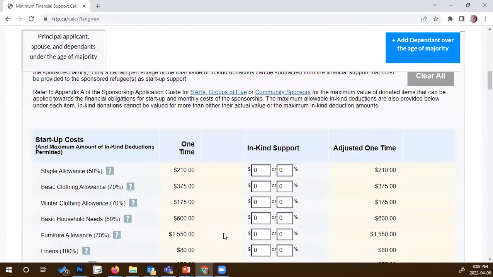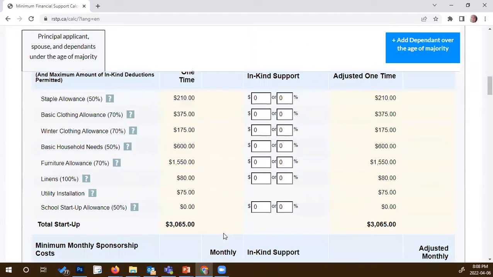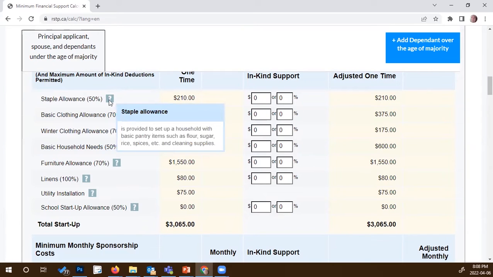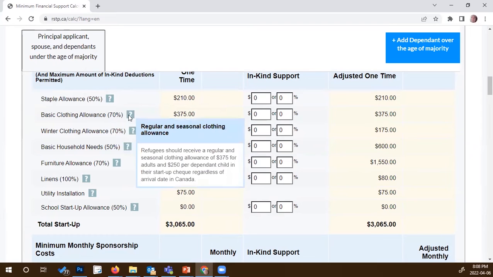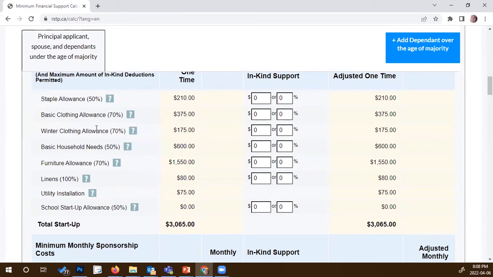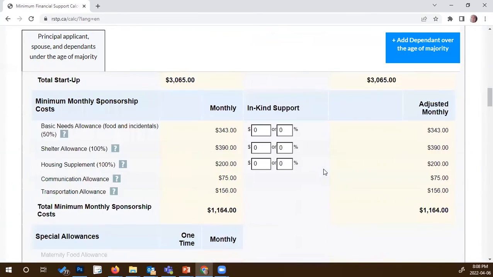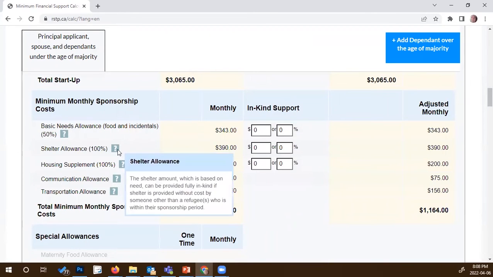So now, if I were to scroll down, we have startup costs, in-kind deductions that we can make. And so next to each deduction line, we have some more information. So you'll want to hover over and read information that's applicable for you. And so we're not going to make any deductions for in-kind support to the startup costs. But we're going to scroll down and take a look. There is a shelter allowance at 100%. Now, this can be done when someone is living with their sponsors. So a party to the sponsorship,